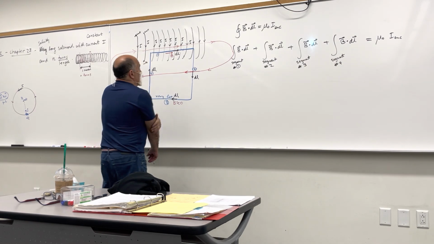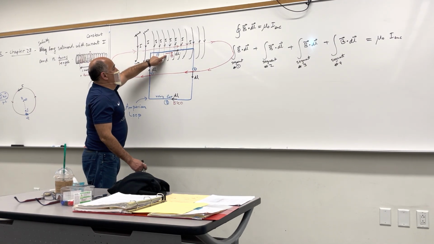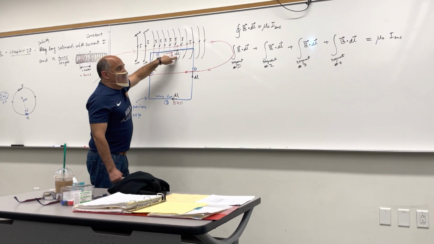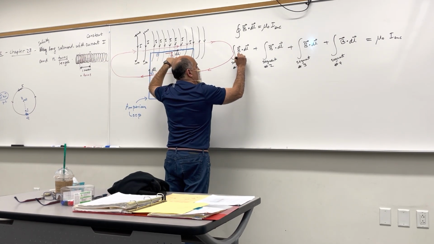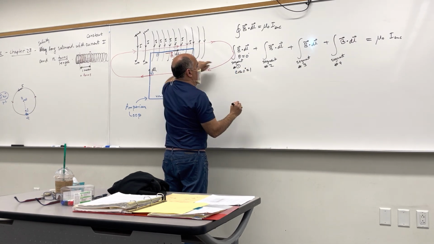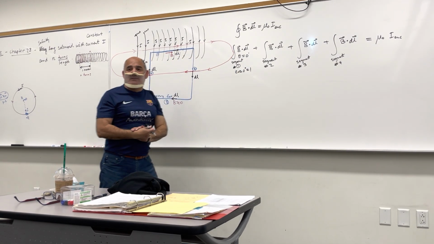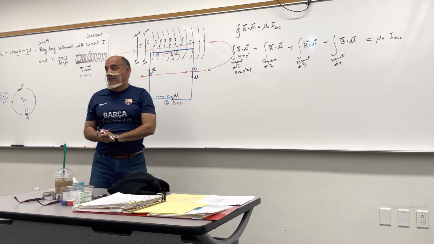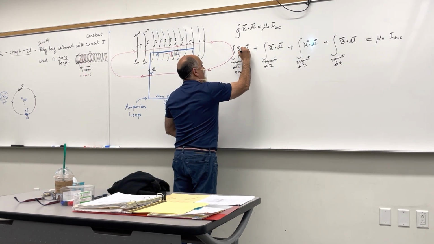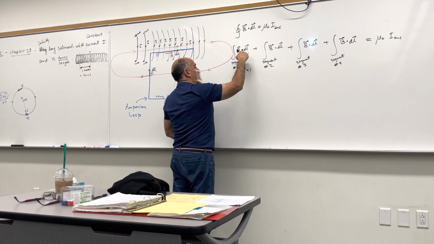So, if you consider segment number 1, what is the angle between the magnetic field vector and the L? 0, right? And the cosine of 0 degrees is 1. So this integral over segment number 1 is going to survive. I want the dot product, so I'm interested in the cosine of the angle between B and